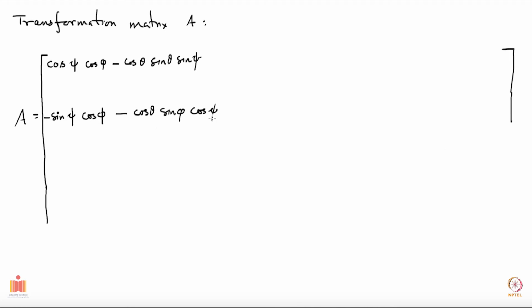Okay, while I am writing these entries, what you can do is try to see whether these entries appear to be correct. Okay, so you may try to look at certain limits and see whether the entries make sense. For example, you could put theta, phi and psi to be 0, all of them, and try to see whether what I am writing gives you an identity matrix. So for example, while I am writing all this, you can check whether this becomes unity in the limit psi, phi and theta to be 0. Okay, and correspondingly the other entries are 0 or not. Okay, so you may keep checking while I am writing this.